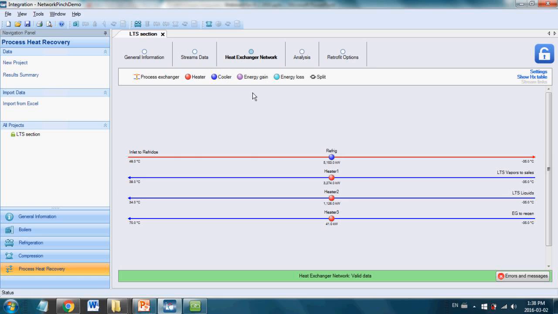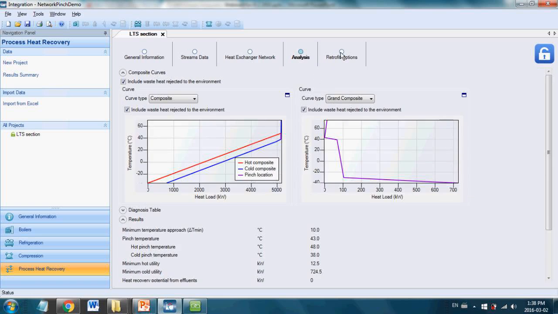And in a streams representation, this is how the process looks. There's this one hot stream that needs cooling, and I've got a refrigeration system that's doing that. And then I have these cold streams that have heaters in them. Now, this is obviously not the optimal design, so let's see how the software can help us find the optimal